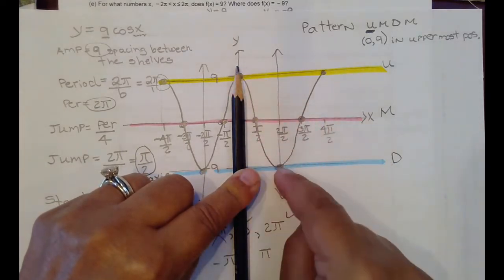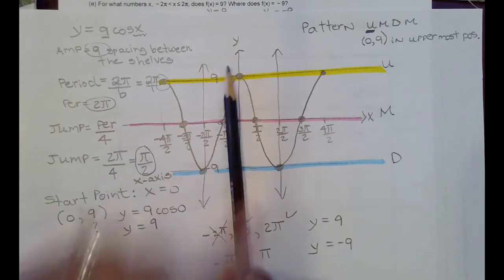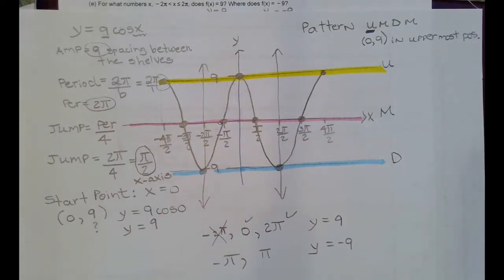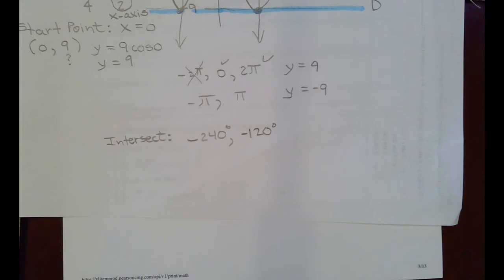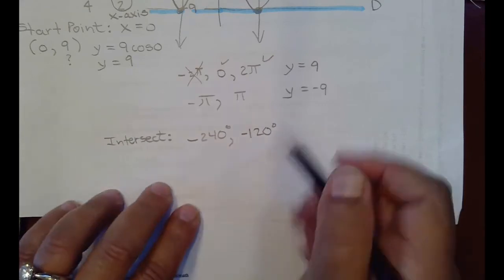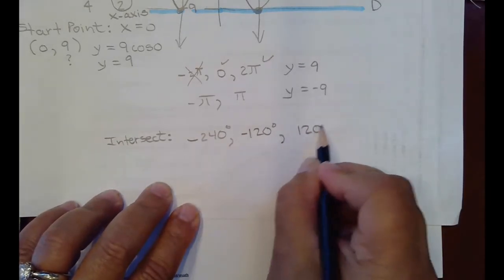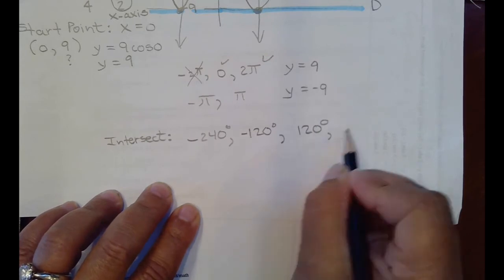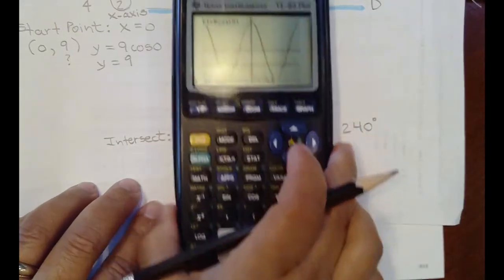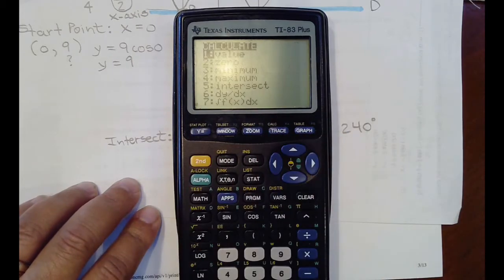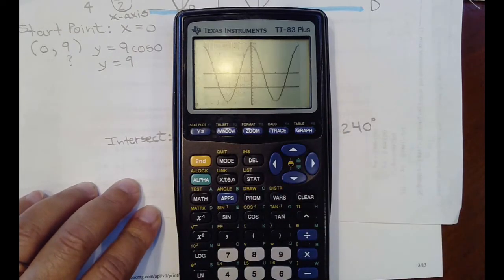I mean, you can prove it to yourself on the graph by just going after the next one. Just pressing second, calculate again, going down to intersect, and then just moving over to the area of the next answer with the sideways arrow to the right. There I am right next to the next answer. I am on the first curve, and I'm going to press enter. Then it says, are you on the second curve? That means the horizontal line. Yes. Guess at it? Yes. You see, there you go. Same as one of the answers that we had over on the other side of the y-axis. It's the 120. And so if you do the fourth one, you're going to get positive 240,